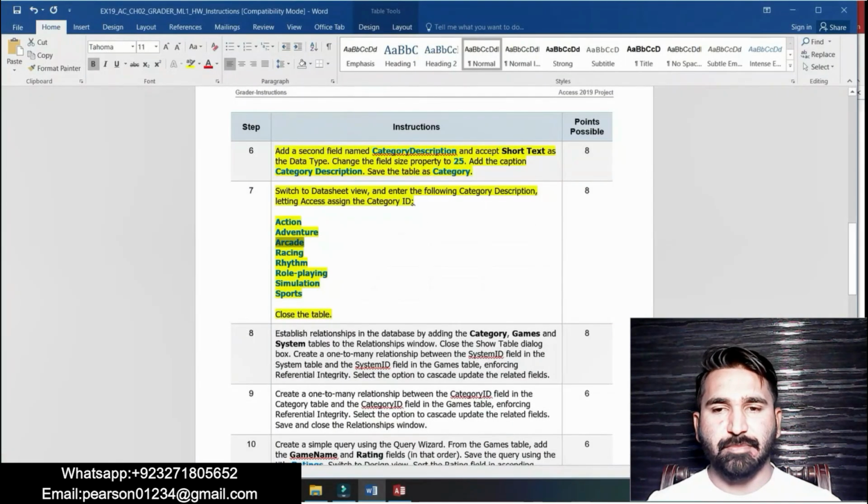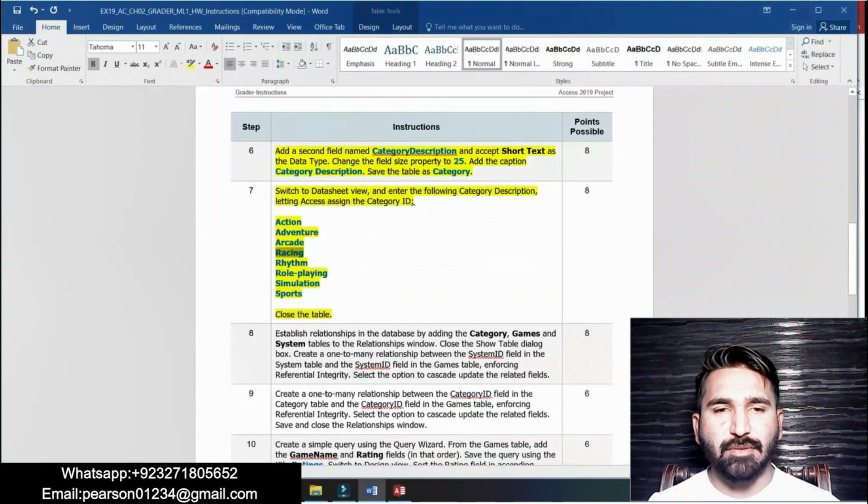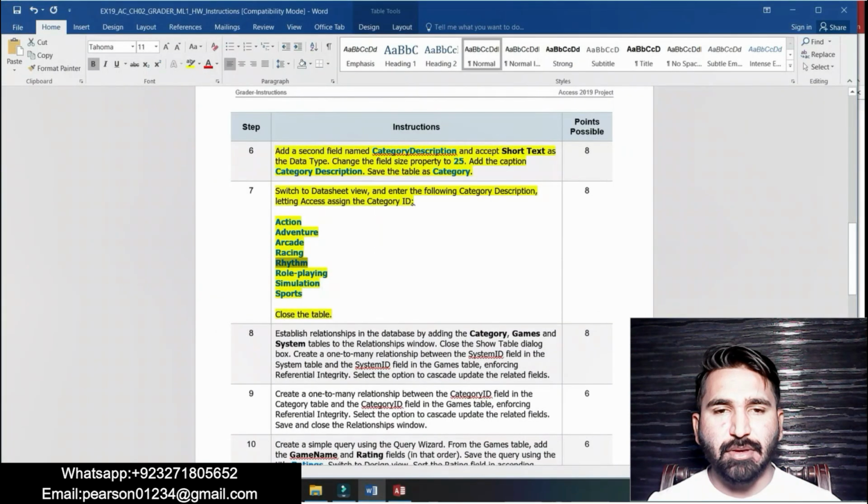Then racing. Okay, that's added here. Now moving on. Now add 5, rhythm. Now add 6, role playing.